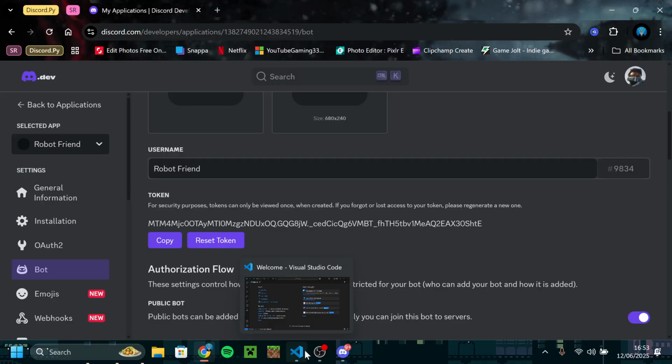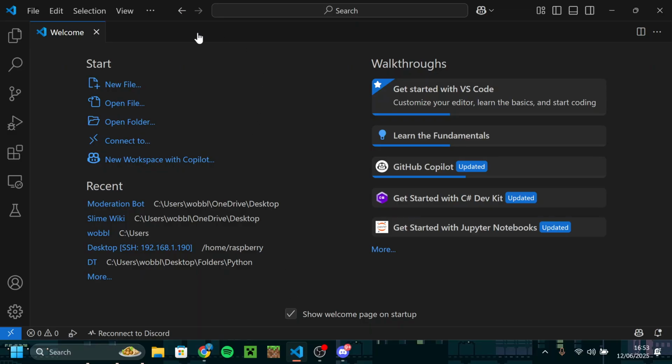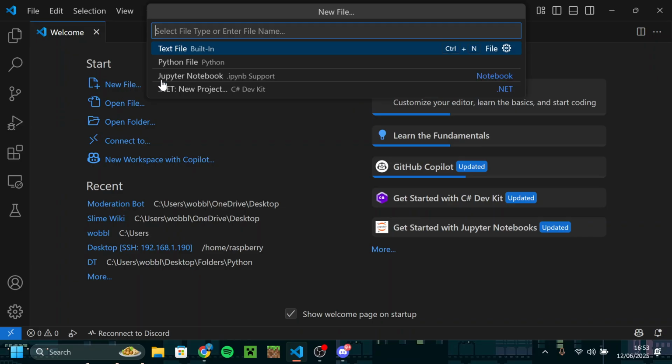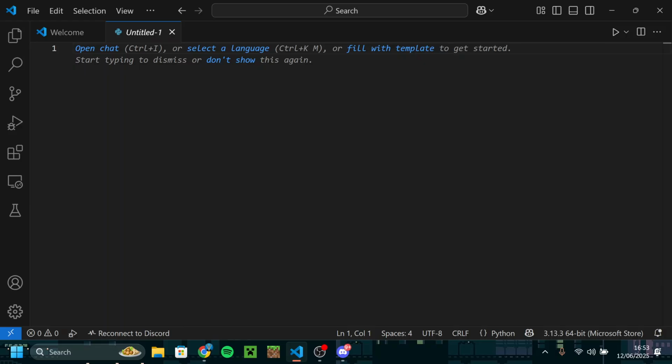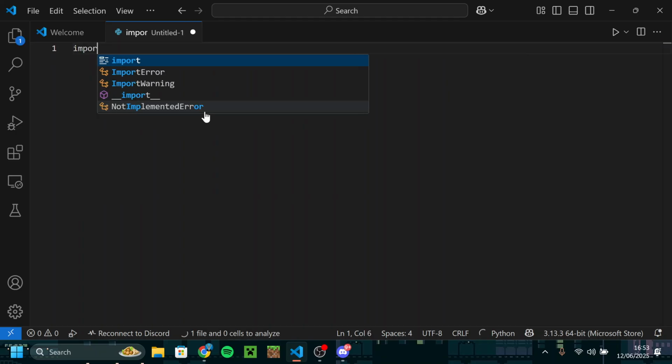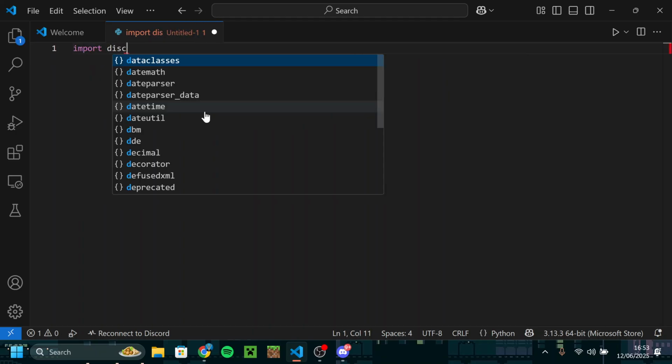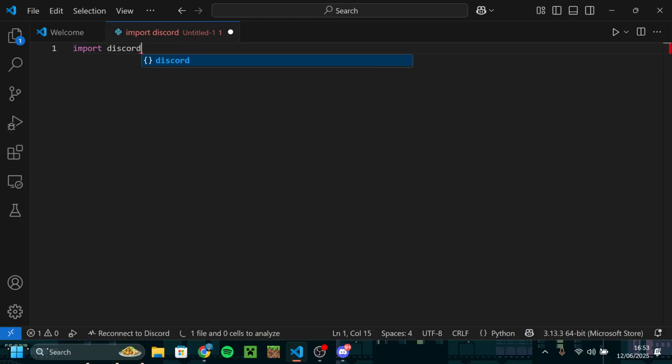Next, you want to open your preferred IDE. Mine will be Visual Studio Code, as it is just a lot simpler to use. And then you just want to click on Python. Awesome. Now we can begin to import our libraries. So you want to do import discord. This imports discord.py into our scripts, and then we want to do from